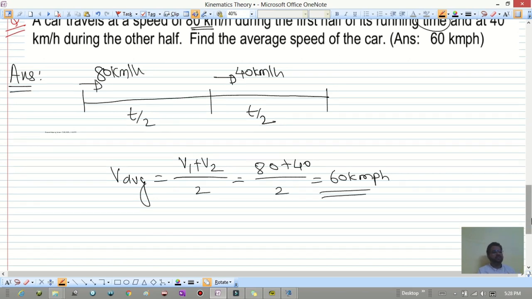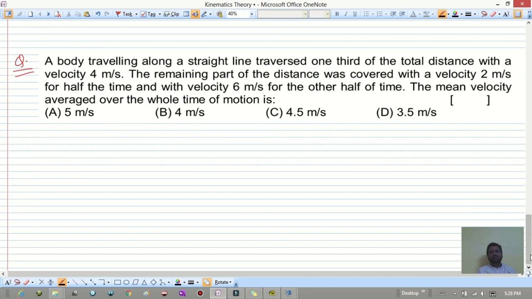Now the next question we have is: a body traveling along a line traverses 1/3 of the total distance with a velocity 4 meter per second. The remaining part of the distance was covered with a velocity 2 meter per second for half the time and with the velocity 6 meter per second for the other half time. Find the mean velocity averaged over the whole time of motion. Now see, they might divide the problem into 3, 4, 5 terms, right? Over here it is given